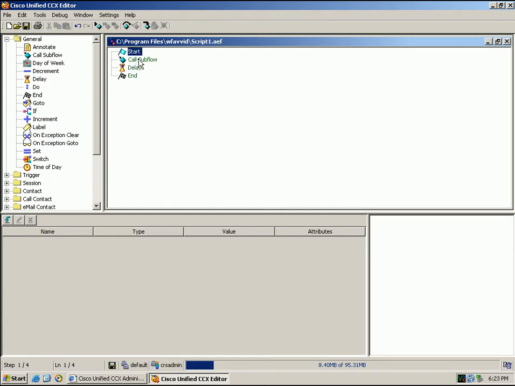So what I just showed you is I had call subflow open and I dragged a delay step over, and this is totally not a script that I would ever do in production, but just to let you know, it's always going to go below where the blue is. So if I go back up to start, I drag another step over and I place it. See how it went below start, which was highlighted blue, and now that is where the execution point is in